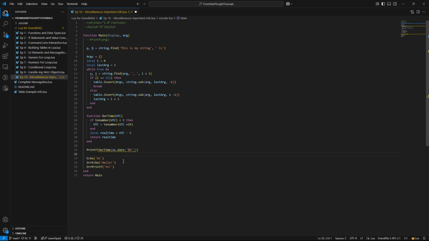Also, use the MA3 API extension in VS Code and make sure it's on the right version of MA3. Check this out. You can actually select the version here, and currently it has 2.1 and 2.2. I'm using 2.1, but apparently it's being updated for each version of MA3, and I'm sure it's going to help a lot with making that transition anytime you're trying to update code to a new version.